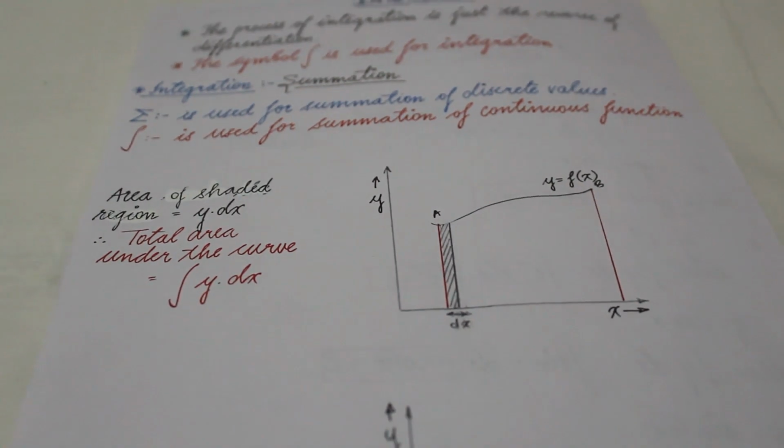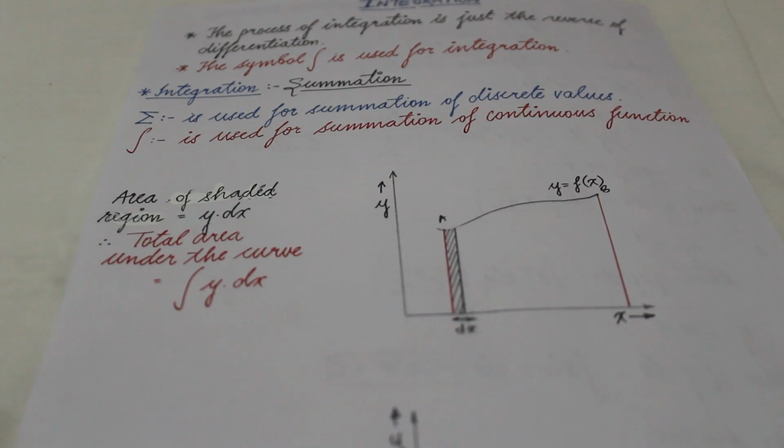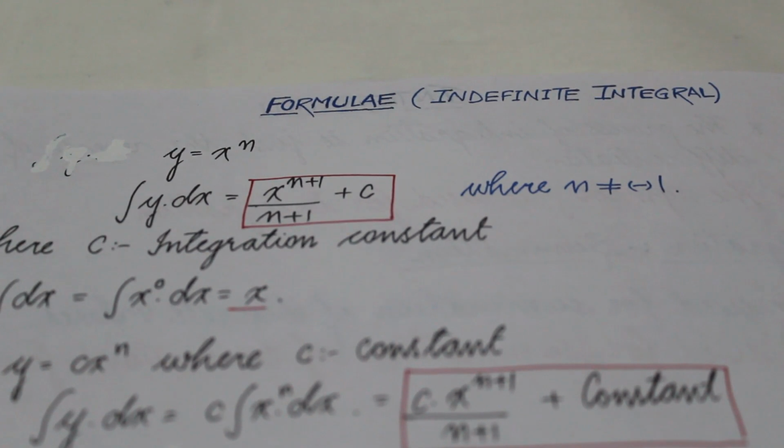So in the last lecture we studied that differentiation is used to find the slope, and now you have understood that integration is used to find the area under the curve. As we have discussed that integration is mainly used to find the area under the curve, on this basis we divide integration into two types: definite integral and indefinite integral. Indefinite integral means we are not stating its starting or ending point. In the case of definite integral, we state its starting and end point.